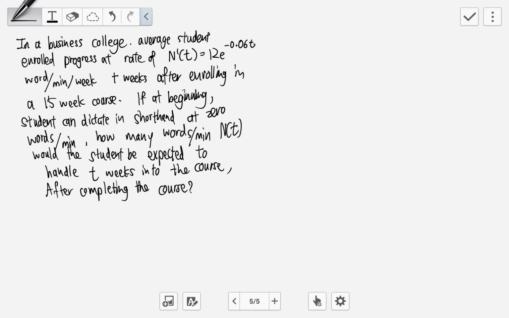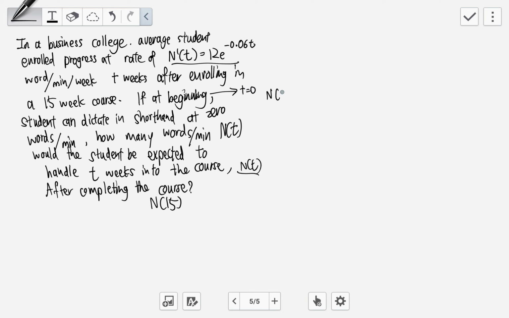Okay, so that means I want to find my N(t). So T weeks after is just my N(t). This is the N(t) that I will try to find, this one. And then after completing the course, because the course is a 15-week course, I'll try to find N(15) as well. And to find both of them, at the beginning is T equals 0,